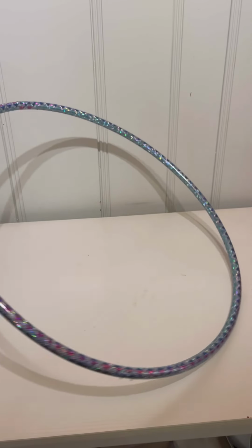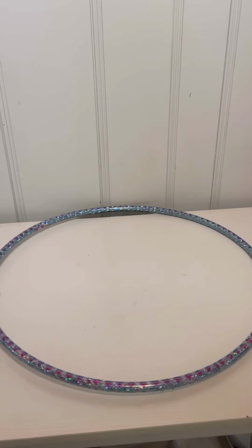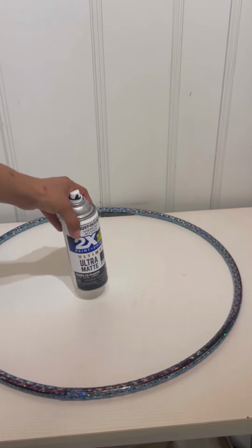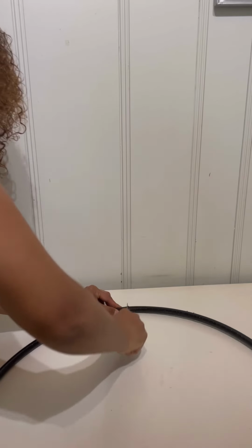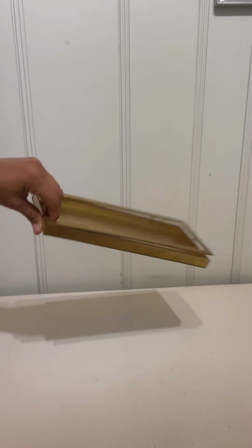Hello guys, so I'm gonna take one of these hula hoop rings and I'm going to spray paint it black, and then after I spray paint it black, I'm gonna cut it in the middle, halfway. Then after I cut it with a knife, which is pretty simple to do,